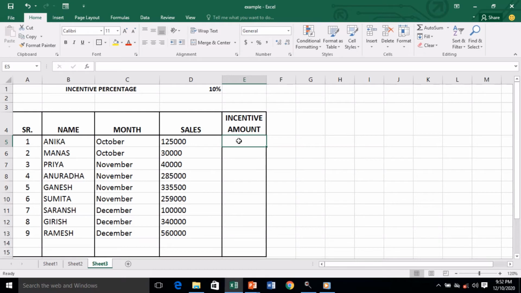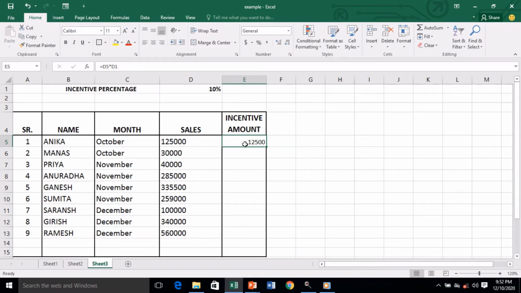Our formula will start with the equal to sign and then we'll multiply this cell, that is D5. For multiplication we'll be using the asterisk sign. So D5 multiplied by this cell, that is D1. It has appeared here, D5 asterisk D1. The moment I press the enter key, you get the amount, that is 12,500. Here in the formula bar you can check the formula.